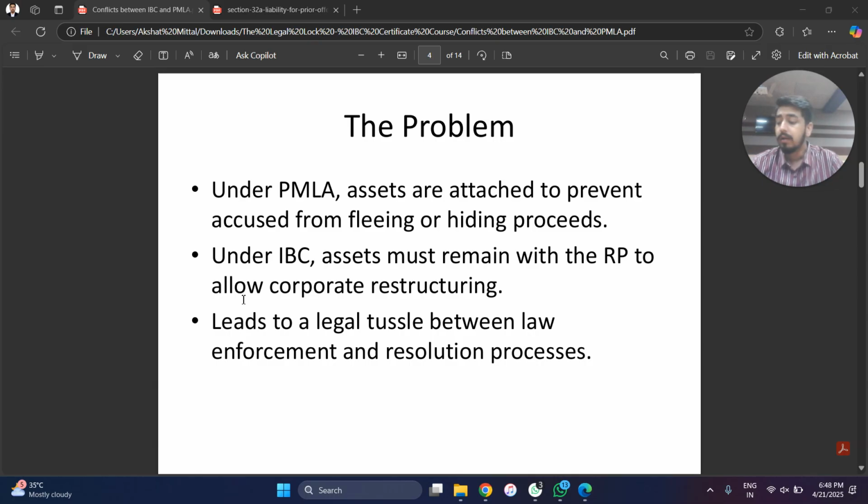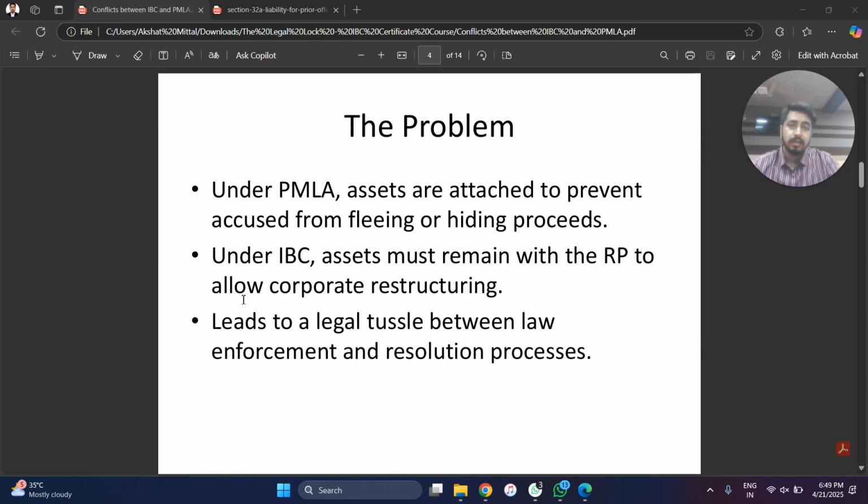Number two, you attach the properties to prevent the further activities of money laundering. So when a property is being used to further the money laundering activities, to prevent that, you attach the properties. However, when we go under the IBC, the assets are